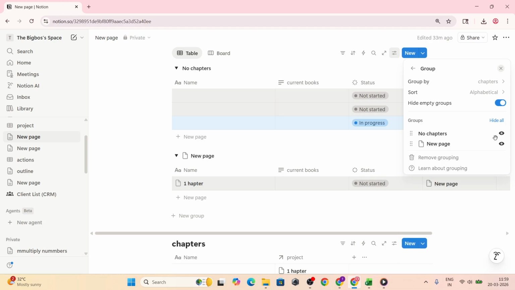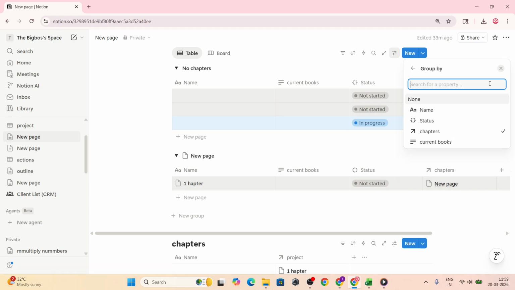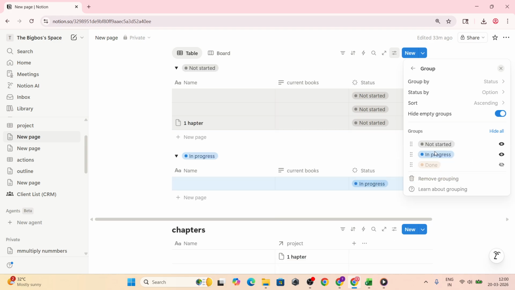Notion groups items based on a property in your database. So the most flexible way to do this is to use a select or multi-select property. When you group by one of those, you can create categories like To Do, In Progress, or Done. Each category becomes its own section or lane, and your pages will automatically sort themselves into the right place based on the value you choose. Keep your category names short and consistent so they're easy to scan, and use as few categories as you need